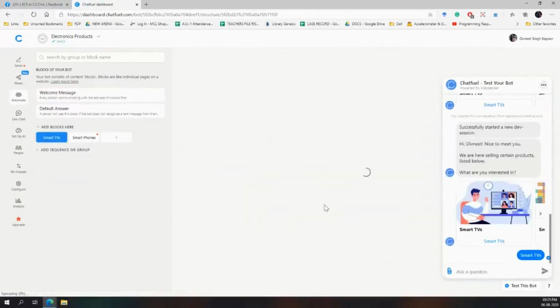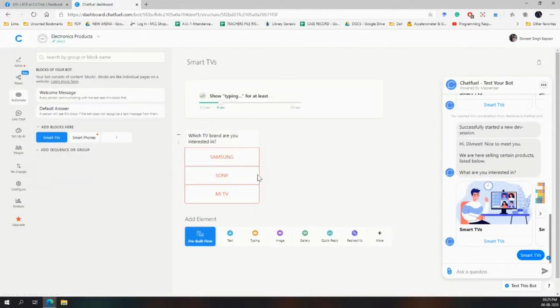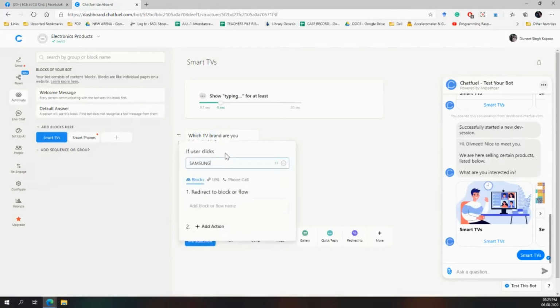So in smart TVs, let me just link the URLs directly.